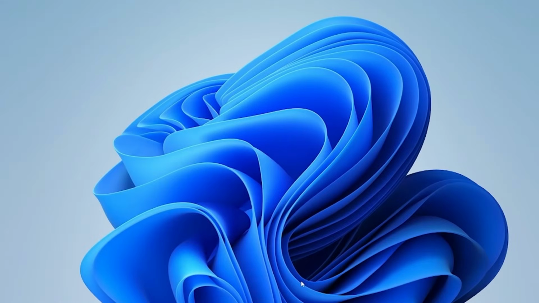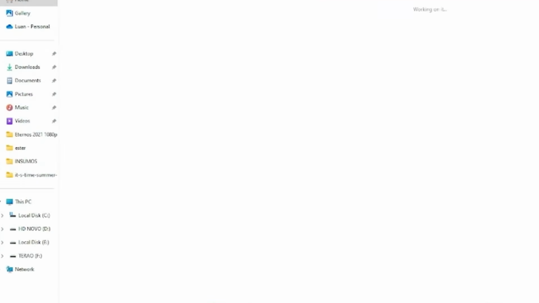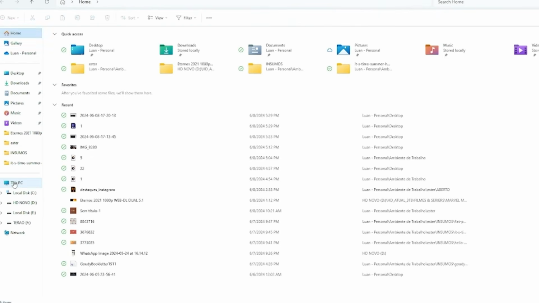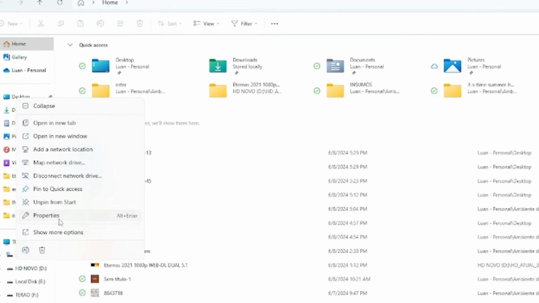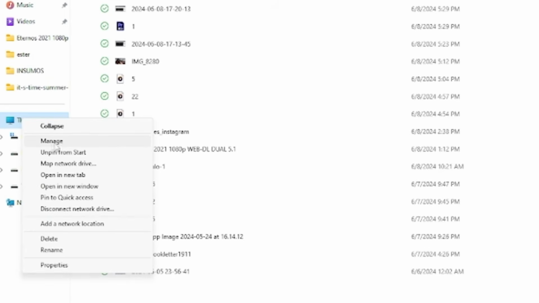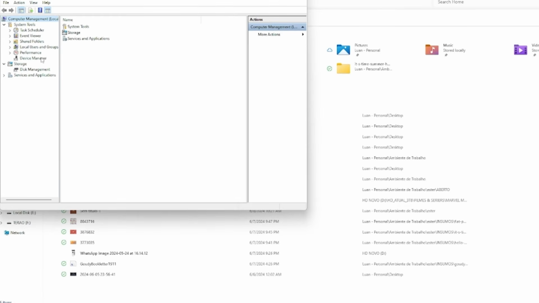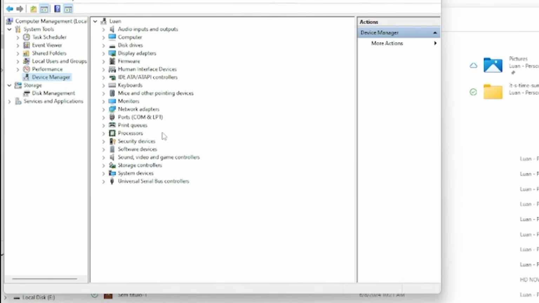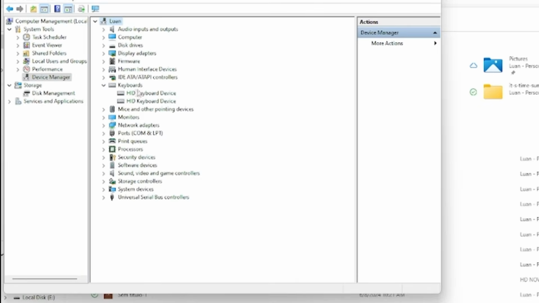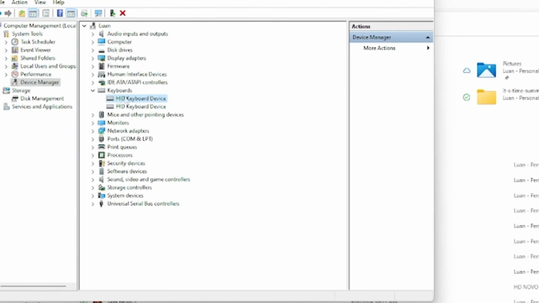Okay. Another thing that you can do is go to This PC. Click on This PC with the right button. If you are using Windows 11, just click Show more options. If not, just click on Manage. Then we are going to Device Manager. Here we are going to look for the Keyboard option. Click to expand. Click on the first option, go to Uninstall device and uninstall the device. After that, you can restart your computer, and it will be installed again, and probably it will work,